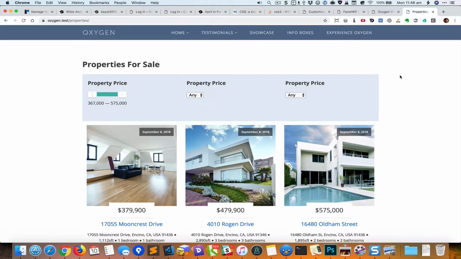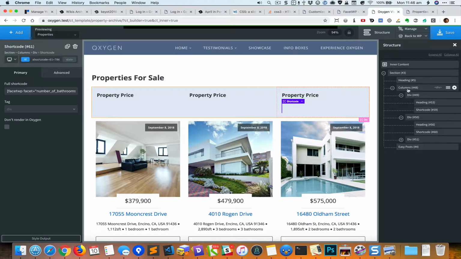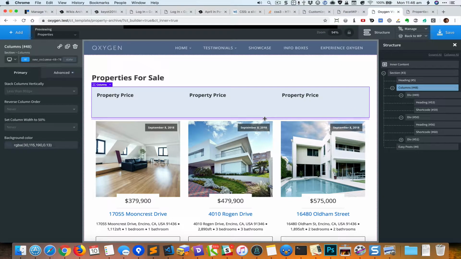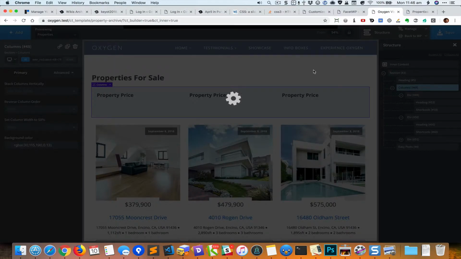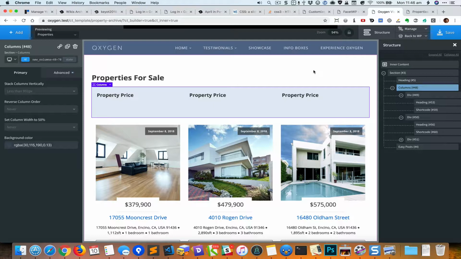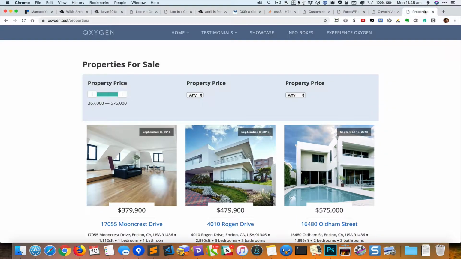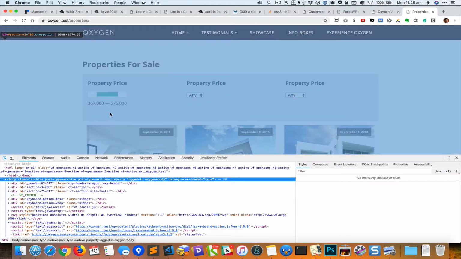Okay, we could add some space below the filters section. So I'm gonna select the columns element and drag down like so. Save it. Okay, and notice how there is some extra space here. If I inspect,